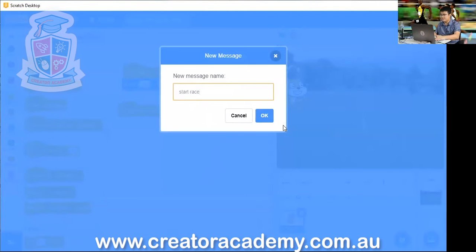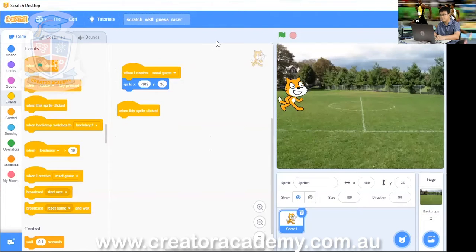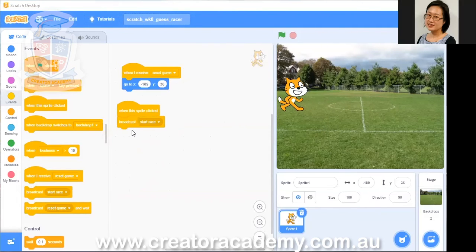So we go start race, S-T-A-R-T, space R-A-C-E, and then we go okay. And then we drag broadcast start race onto when this sprite is clicked. Okay. Going good so far.